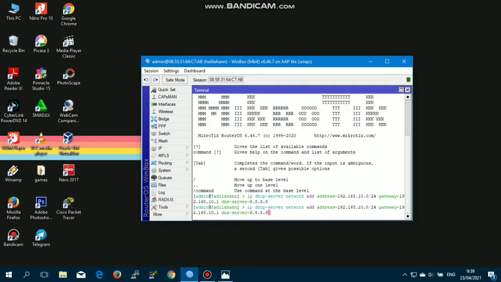Do also for ether 2, namely IP DHCP network add address